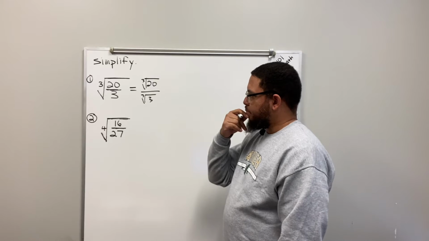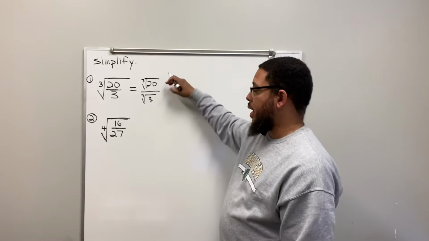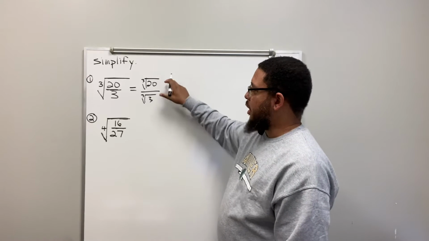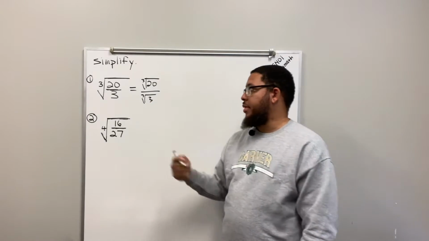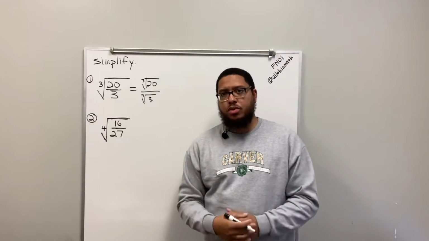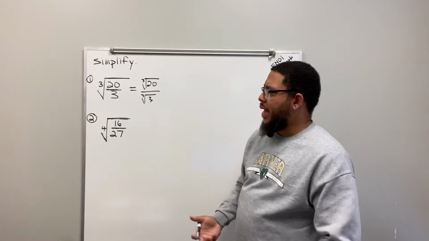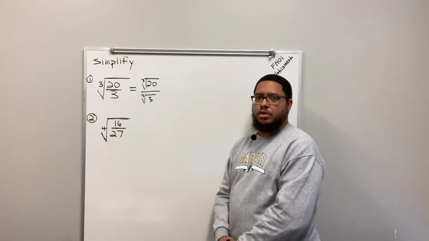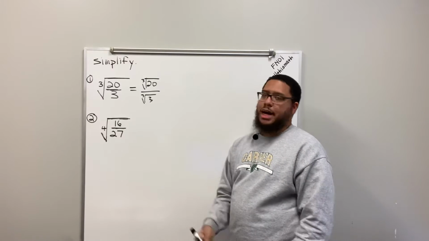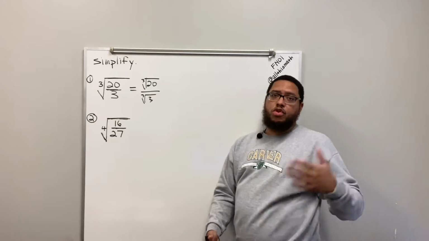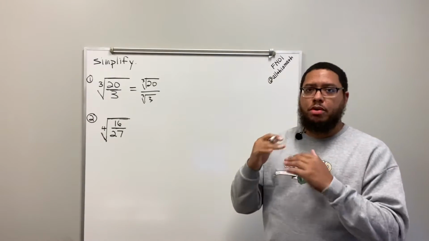What you want to do is multiply this denominator. Well, actually, you're going to multiply the entire fraction, right, by the same term in the numerator and the denominator. But what you're trying to do is get a product in your denominator that is a perfect cube, right? So 3 is not a perfect cube. But then you've got to ask yourself, what perfect cubes do I know of? And in order to get to that perfect cube, what would I have to multiply 3 by? Now, you don't need to know all of the perfect cubes, but if you don't know some of the lower perfect cubes off the top of your head, that's fine.